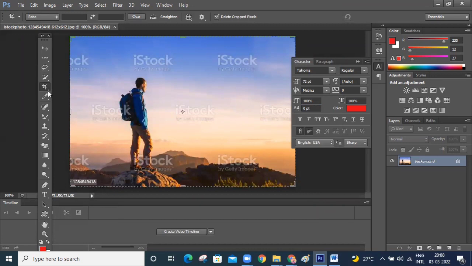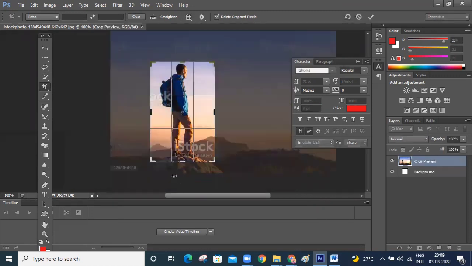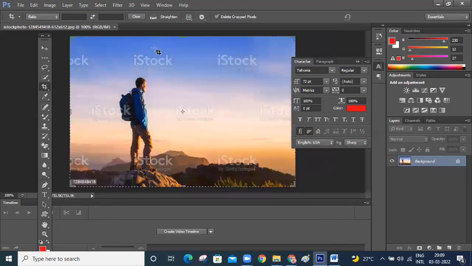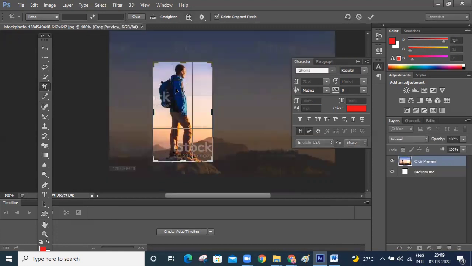With crop tool, we can reduce the size. We can reduce the MB with crop tool. You know that, right? We can just crop. If you press enter, it will get cropped. Once after cropping like this, if you double click on this box, it will also get cropped.